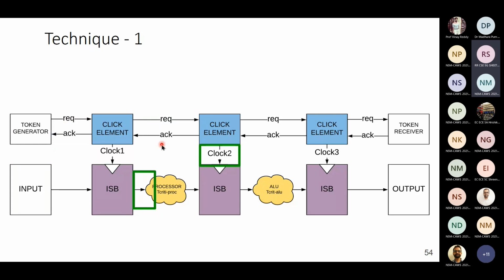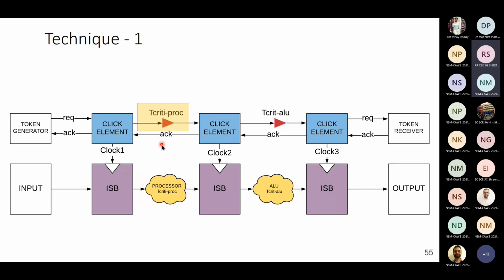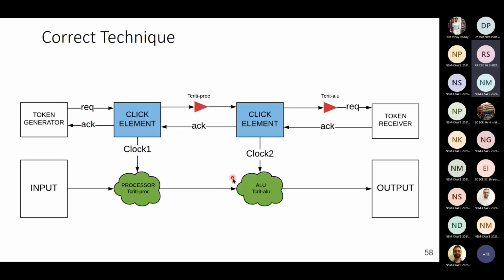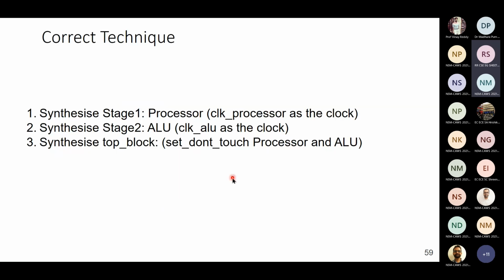Okay, and it took us some time to understand what was going on. So we figured out that the timings, the T critical, were all getting messed up when we were just giving all the files as a single Verilog code and allowing a tool like Design Compiler to synthesize it. That is where we came up with what we call technique 2, or the corrected technique, I would say,